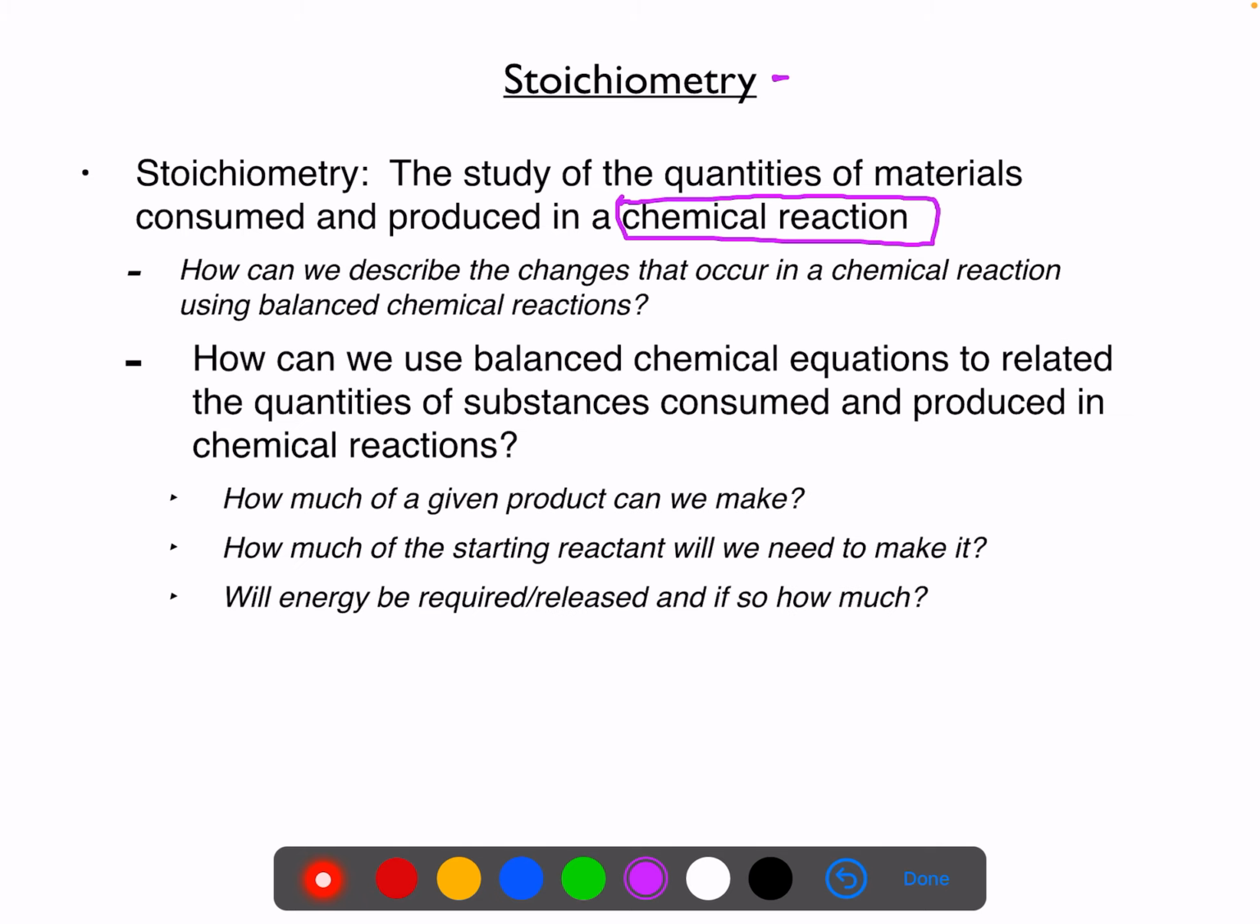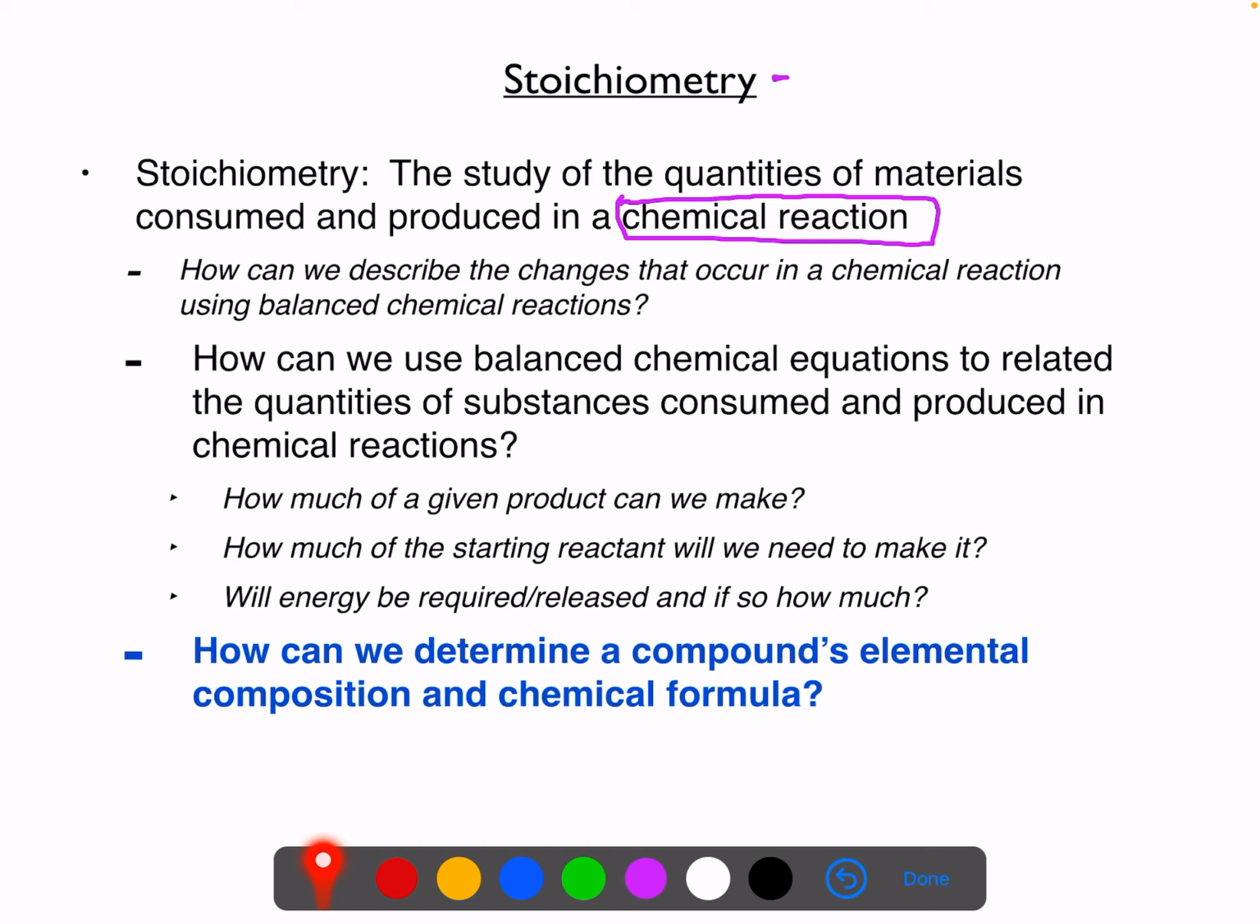When we start to talk about balanced chemical reactions, some things we want to be able to answer are: if we have a reaction take place, how much of a given product can we make? Or how much of a starting material do we need to make a certain amount of product? And then at the end, we'll start to talk about how much energy is required or released for a chemical reaction to occur. But before we can get to these, we need to back up and start to better understand